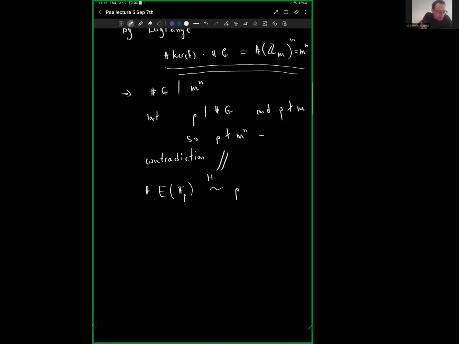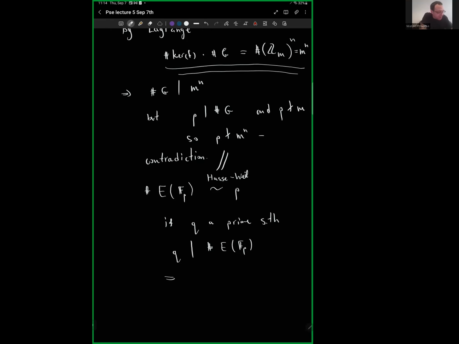This is a result called Hasse or Hasse-Weil theorem. And then, assuming Q is a prime such that Q divides the order of the elliptic curve,